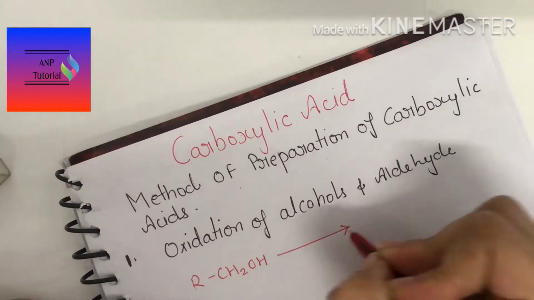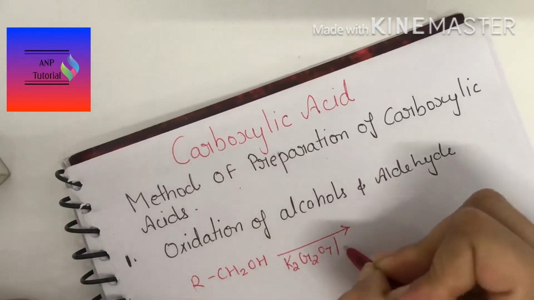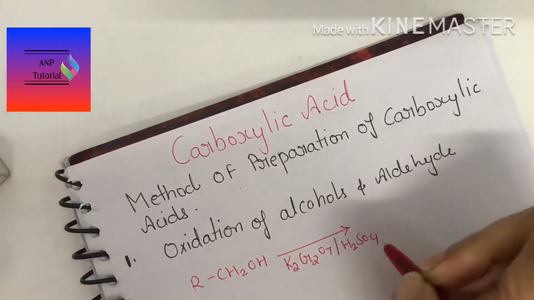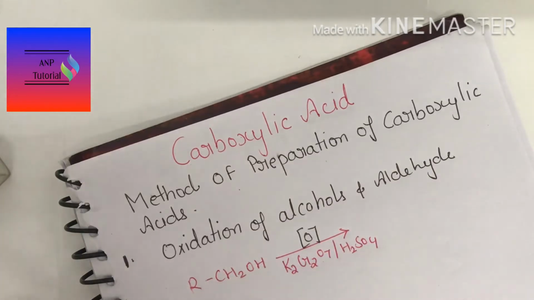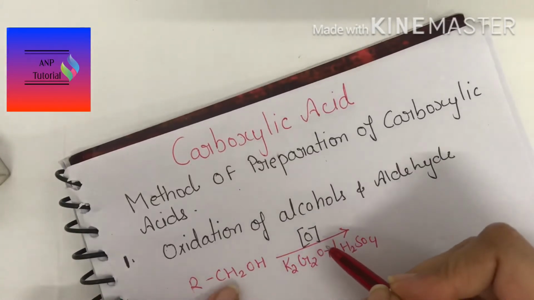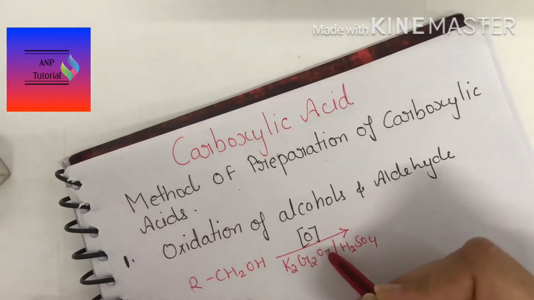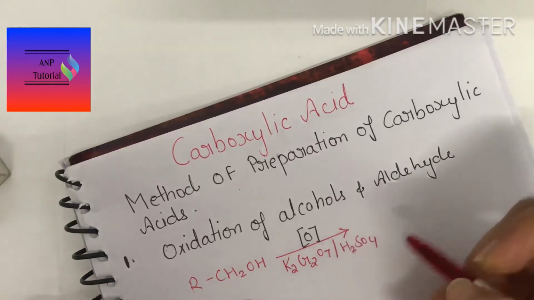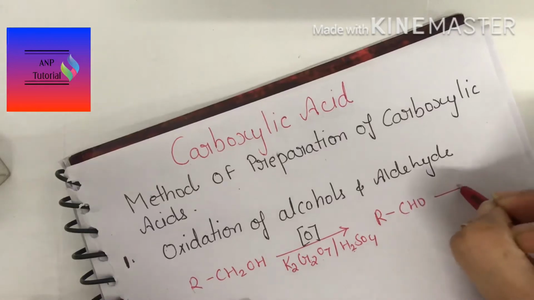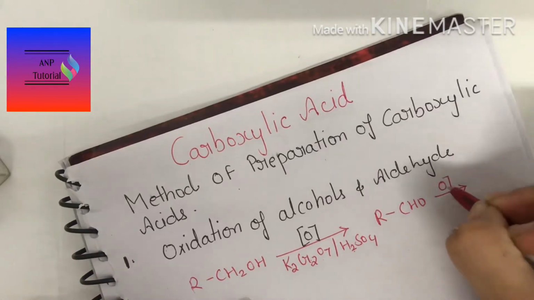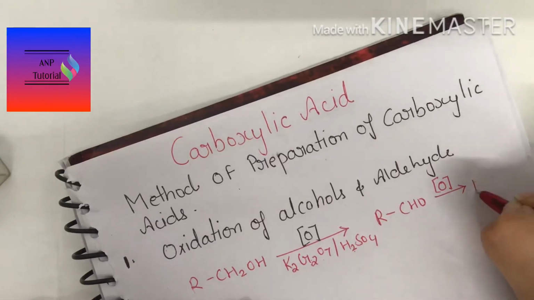In the presence of K2Cr2O7, acidic medium, oxidation will take place. On oxidation, as you know, a 1 degree alcohol in the presence of the oxidizing agent K2Cr2O7, with acidic medium, gives an aldehyde, right? On further oxidation, what do we get? Carboxylic acid. This whole aldehyde group is converted into